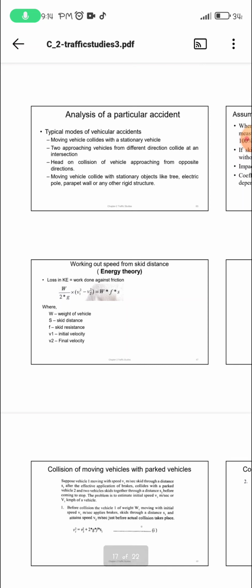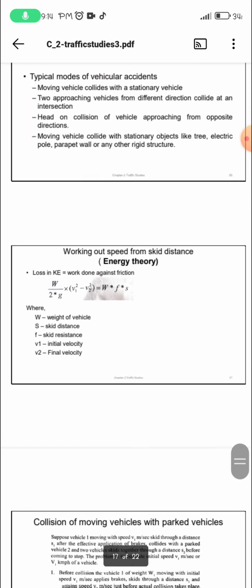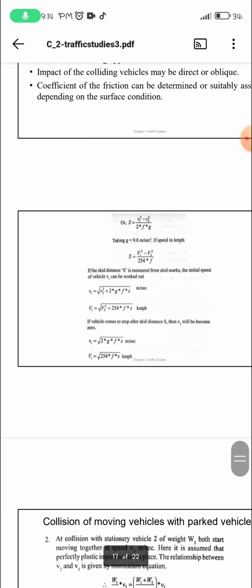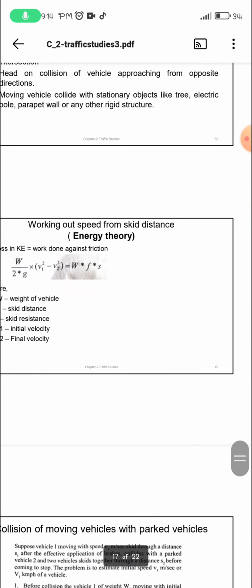Working out energy from skid resistance. Energy theory. Loss in kinetic energy equals work done against friction. W by 2g into (v1 square minus v2 square) equals W into f into s, where W is the weight of vehicle, s is the skid distance, f is the skid resistance, v1 is the initial velocity, v2 is the final velocity. s is